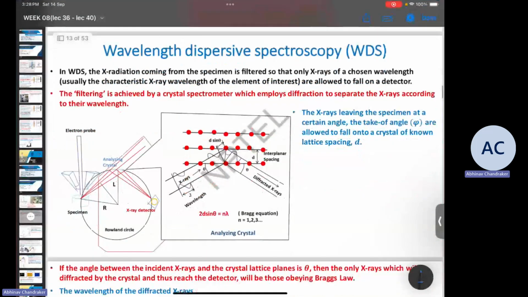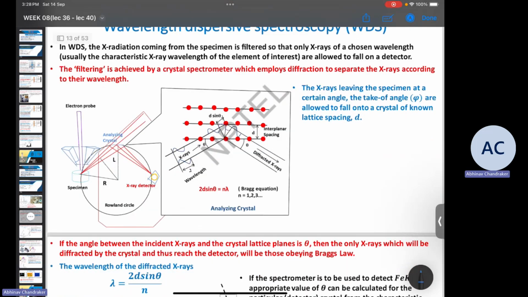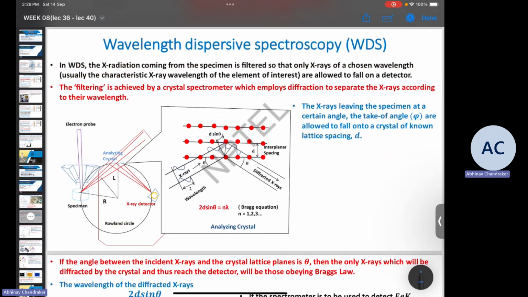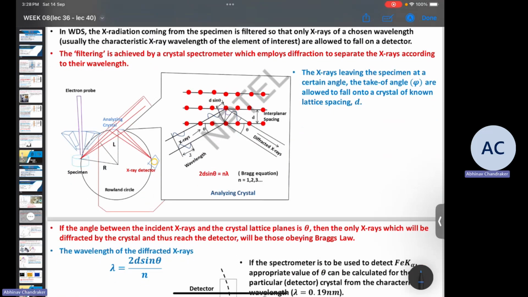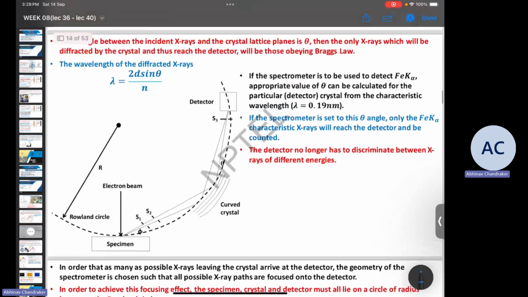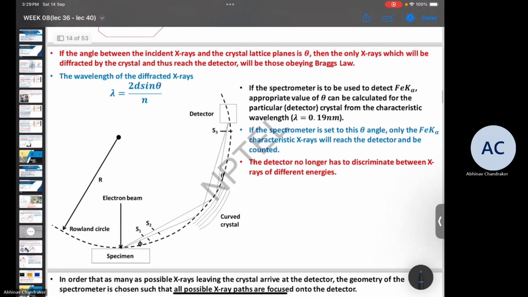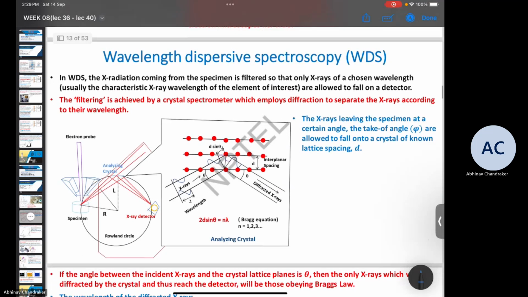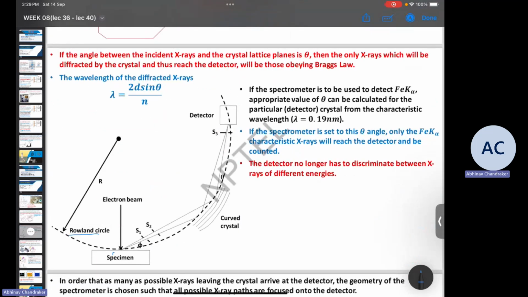Now let's look at WDS. WDS stands for wavelength dispersive spectroscopy. In WDS, we have an analyzing crystal and an X-ray detector that can detect any X-ray which is reaching it. And here, the d-spacing of the analyzing crystal is known, and it is positioned in a particular fashion. So there is something called the Roland circle on which the specimen and the detector are kept. Actually, specimen, crystal, and detector all fall on one circle,